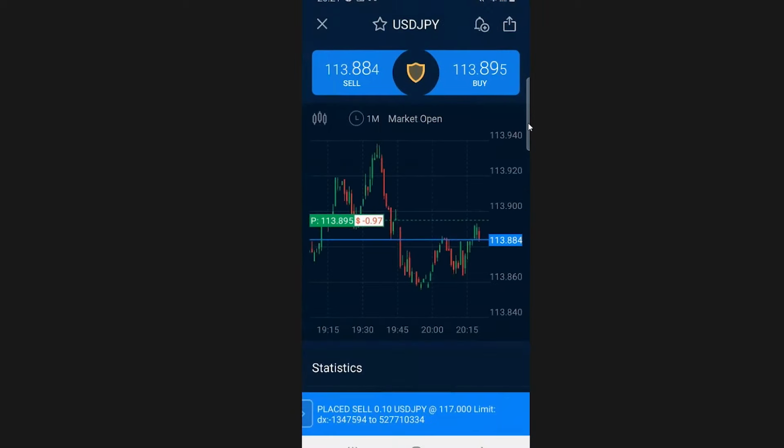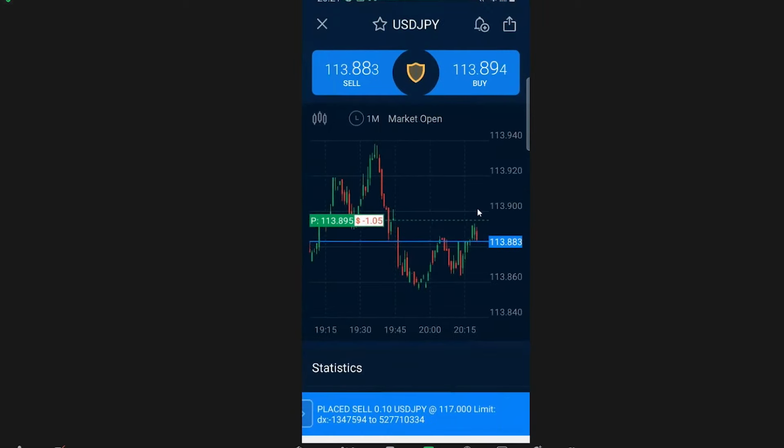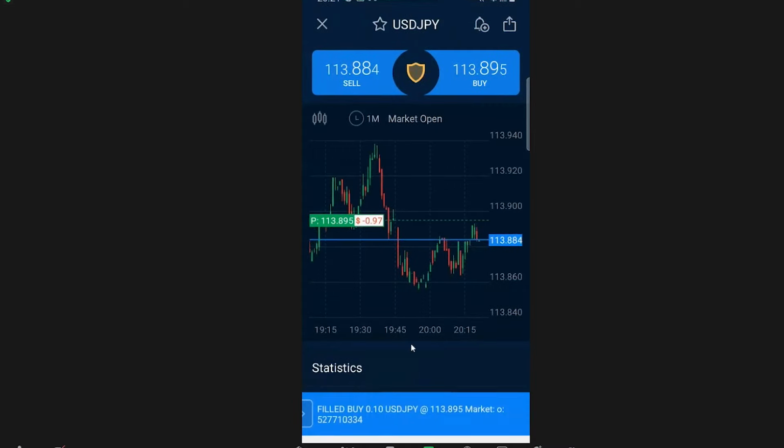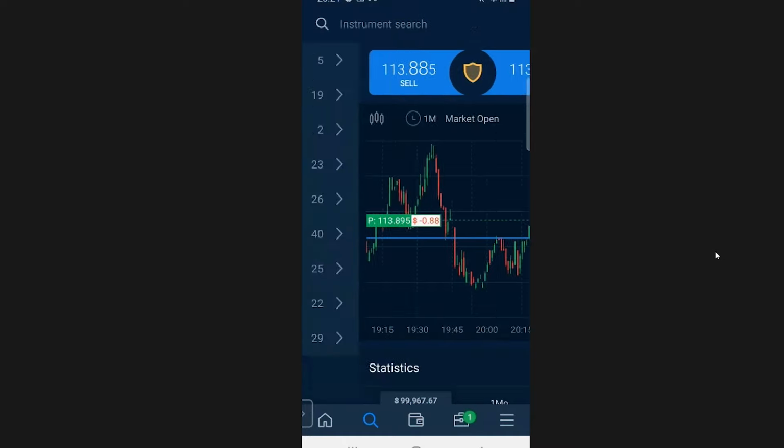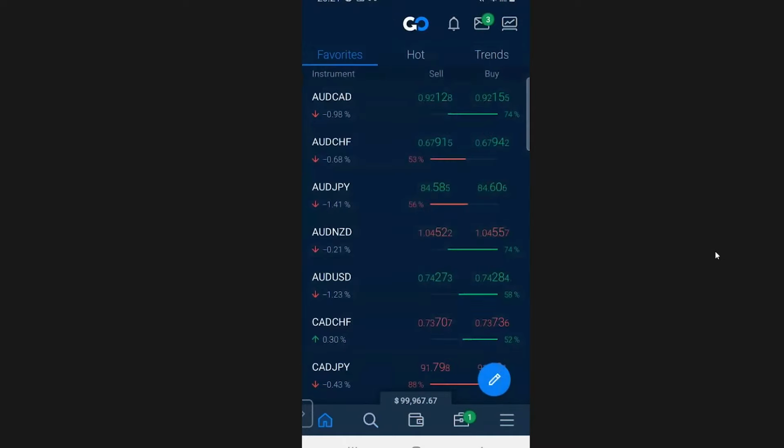Okay, there we are. Now I've got my position going, and maybe I go back and take a look at something different. Go back home. Now, obviously, I can see that I have open positions. I can check on that. So a lot of different features here you see in the app, and you'll also see that in the WebTrader platform. Let me just go ahead and minimize this view,